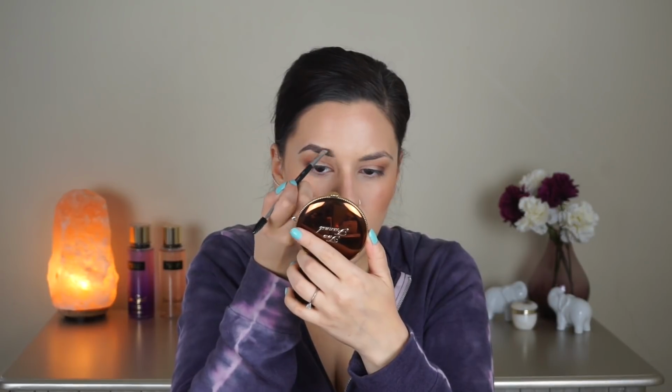I always start by lining the bottom part of my brow. Let's go ahead and finish up my brows. All right, so brows are done. You guys, that brow brush was